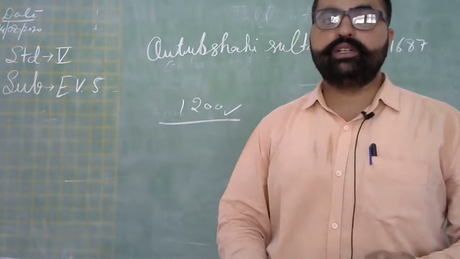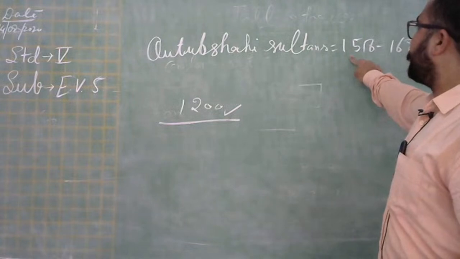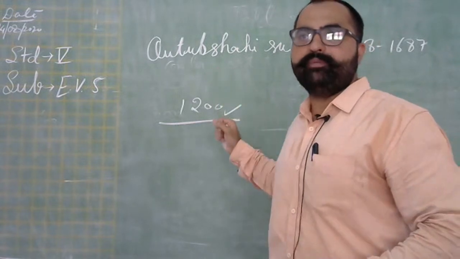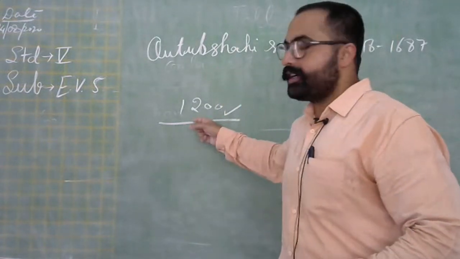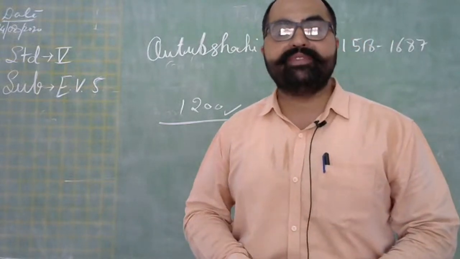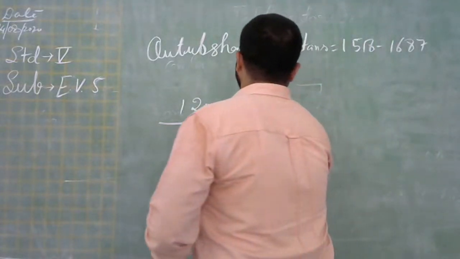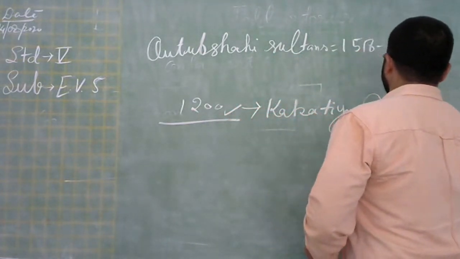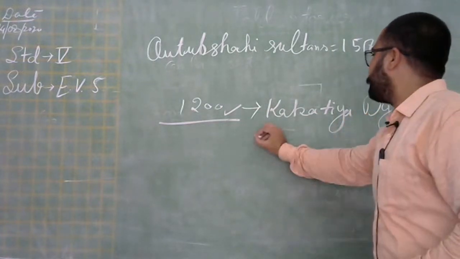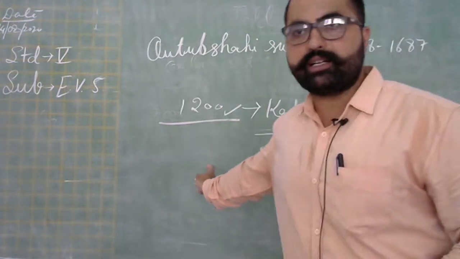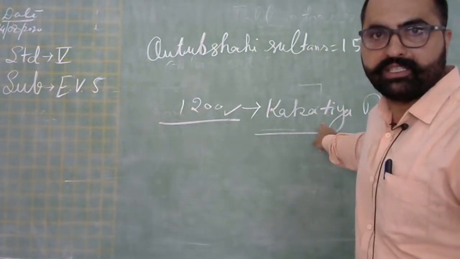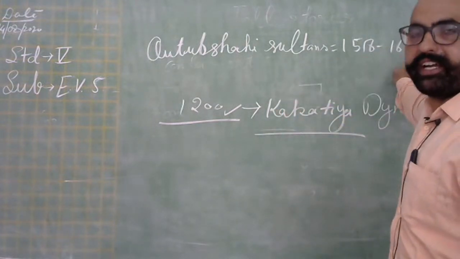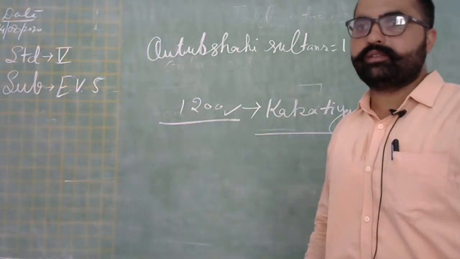So who ruled from 1518 to 1687? The Qutub Shahi Sultans. But in 1200, which dynasty made it? That is the Kakatiya dynasty. In 1200 it was built by the Kakatiya dynasty, but the Qutub Shahis ruled here one after another, from 1518 to 1687. Okay,